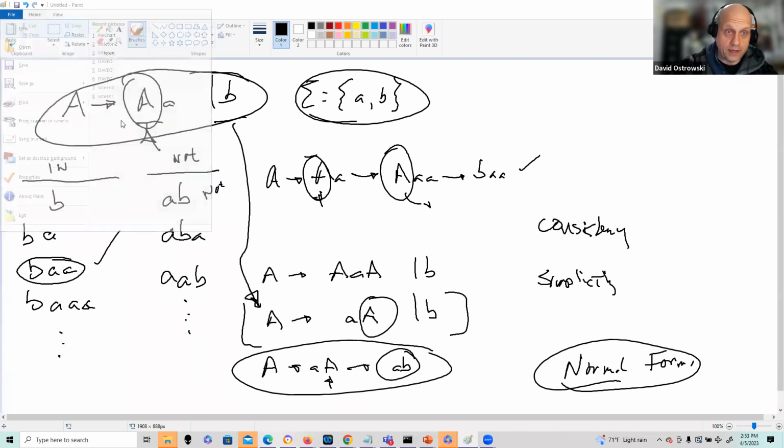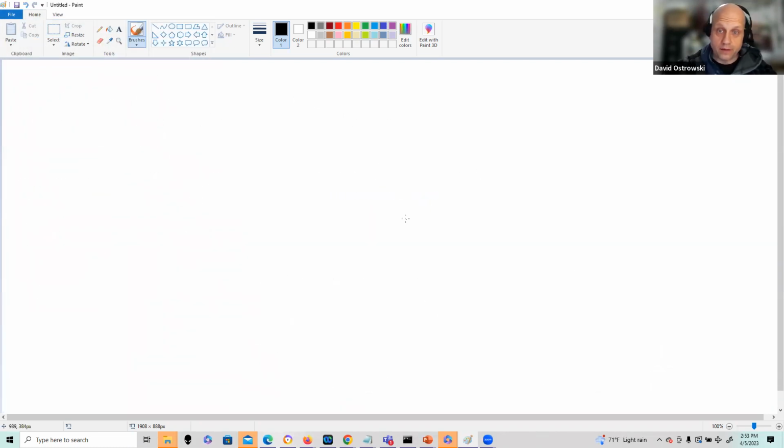So let me just clear my slate here. And let's work through some simple examples. So just like everything else, this is a function of practice. And the more you go through it, the more comfortable you become, and it's not too difficult once you get the hang of it. So let's just go through a brief example,